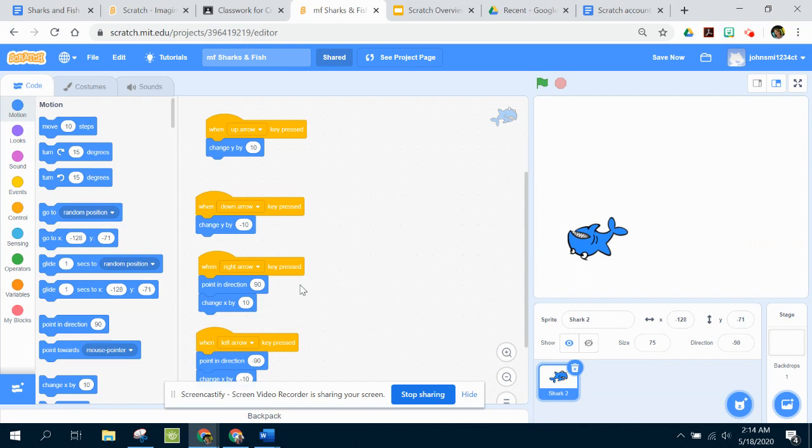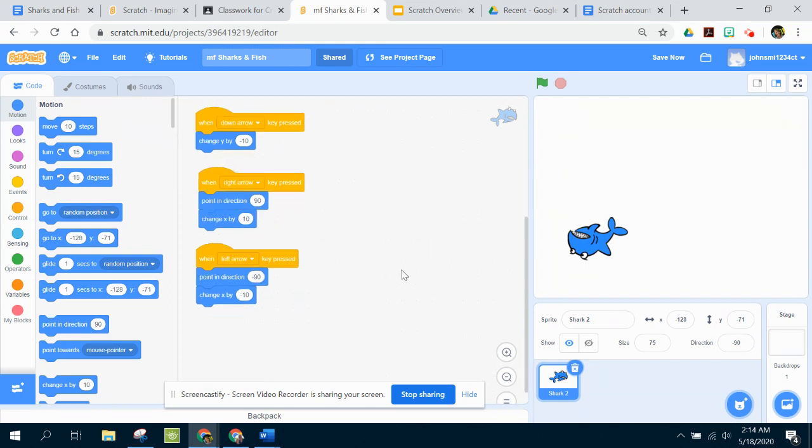All right, so now I've got my fish going, or excuse me, my shark going, and he goes, oh, and you go, what the heck? Now he's swimming upside down. Yes, he is, and the reason is because there is a directional button right here, and when you click on that directional button,